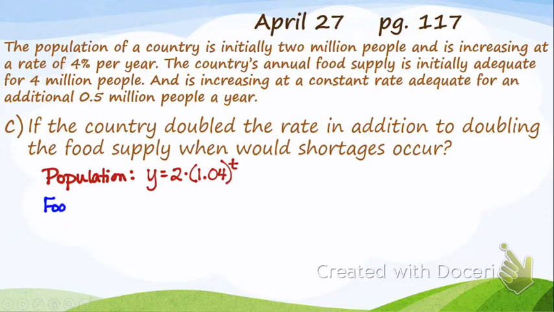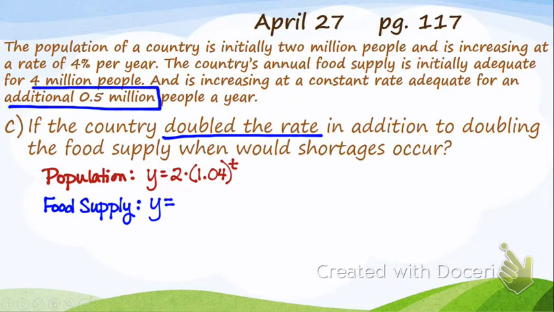Let's talk about this food supply equation, though, because this is what they're describing as being different. I know it needs to be y equals mx plus b. They doubled the rate. What was the original rate? 0.5. Double means to multiply it by 2. They used to produce food fast enough to feed an additional 500,000 people a year. If they double that rate, how many extra people each year? An extra 1 million.